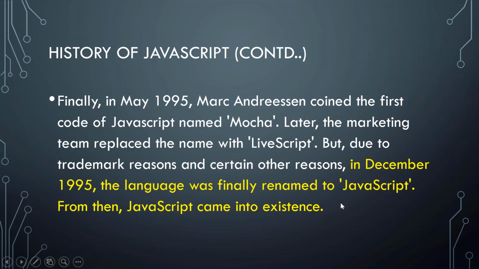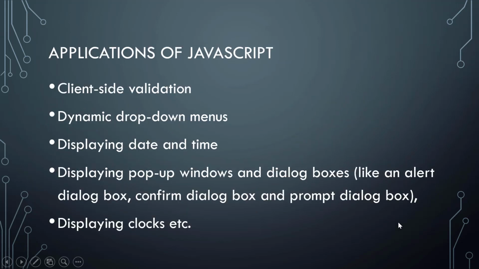You can remember this, guys, when they ask you in interviews in which year JavaScript was released: simply, the answer is 1995. The initial name of JavaScript was LiveScript, and after that they changed it to JavaScript. The code name of JavaScript was Mocha, and in 1995 Mark Anderson released it. So that's all about the history of JavaScript.